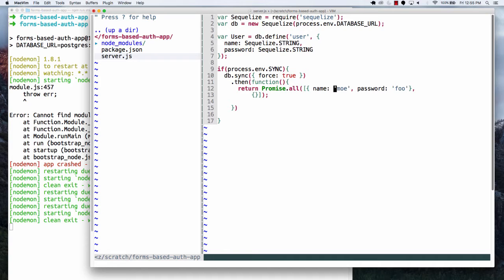And we're going to set Larry up with another password. And Larry's is going to be name of Larry, and his password is going to be bar. Okay. So if this is done correctly, we're going to come back here and we'll have a,